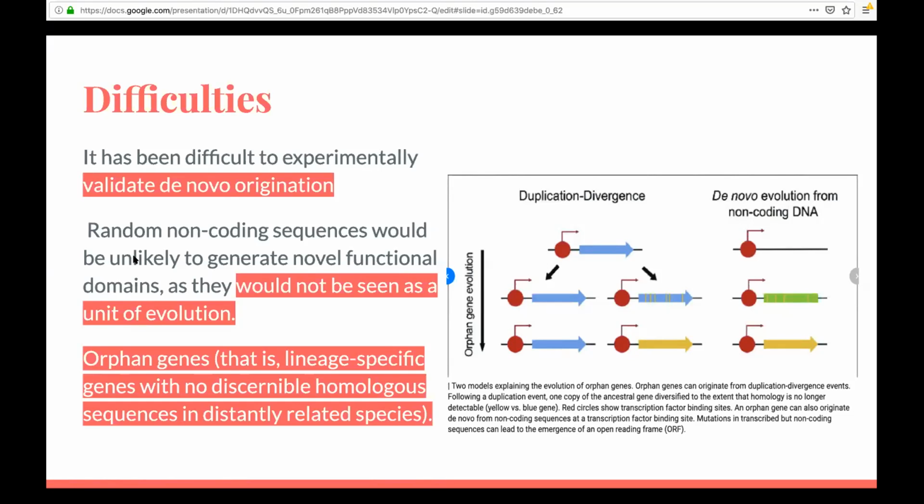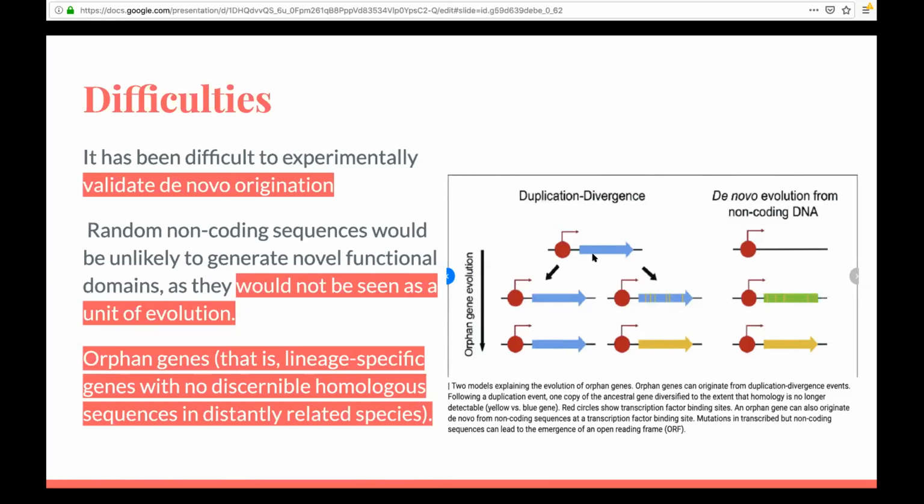And if you have a gene that does not code for anything, then this is not really a unit of evolution, as it did not make a difference for this species to have it or not. So it was very weird to think about the novel origination of proteins to be part of an evolutionary system. Therefore, the term orphan genes was generated, which means, as we can see in this image,